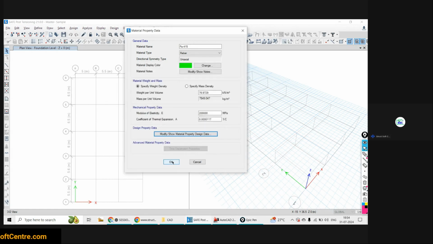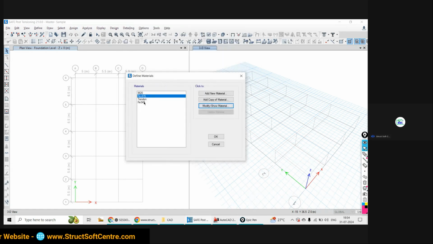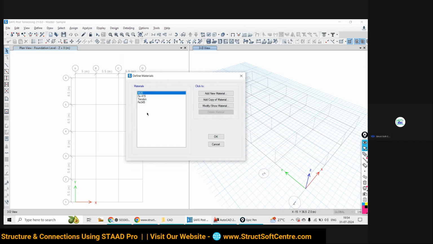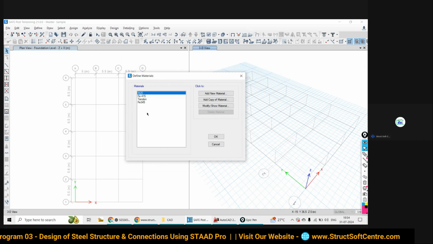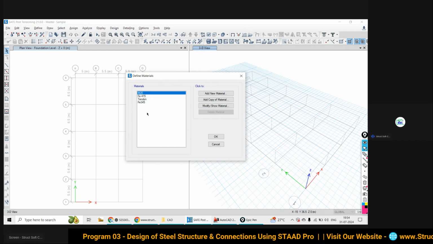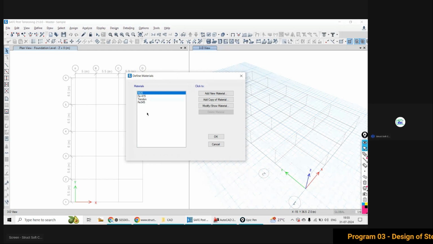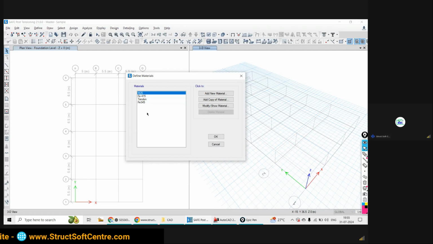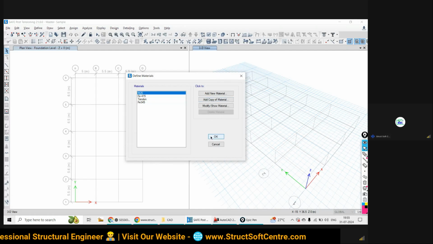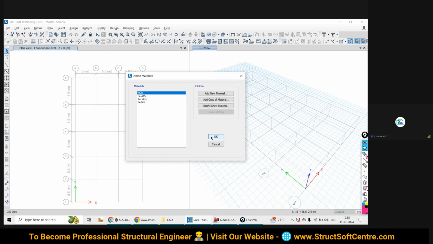So in this way, my dear friends, you can define the material properties. As we move ahead with our real projects or further practice with this CSI SAFE software, we will see how other grades of concrete and steel can be added and changed as per our need and requirement. As of now, the material definition part is over, so I'm going to click okay.